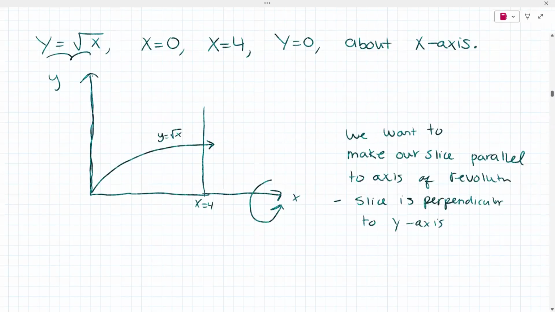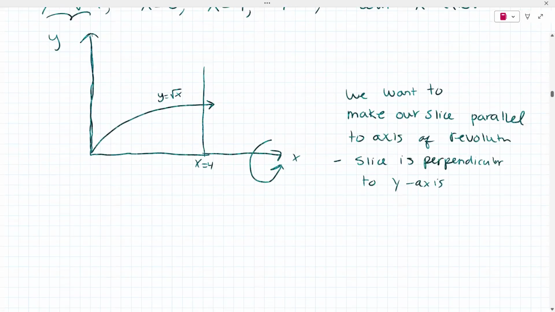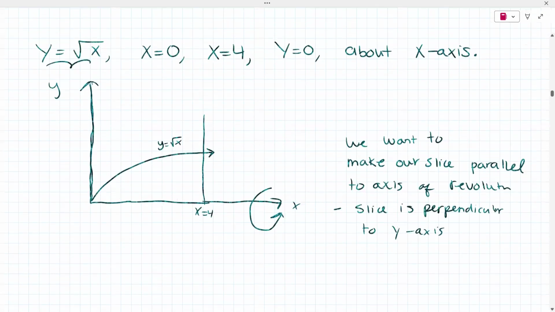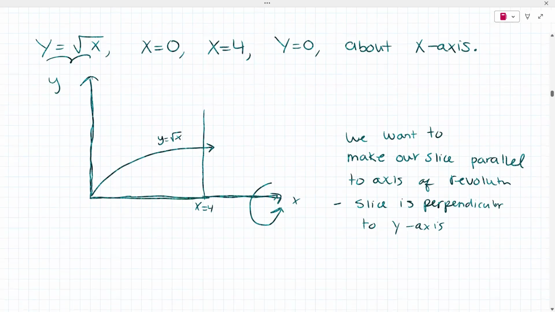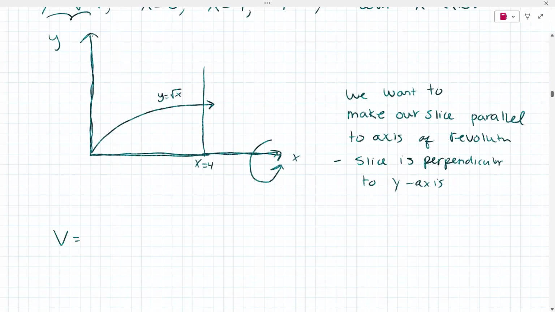Okay, so we have our graph. We have x equals 4, y equals square root of 4, x equals 0, and then y equals 0. y equals 0 would look something like this. And we are revolving around the x-axis, so here's the x-axis. So our equation is going to be volume equals 2 pi, and then since we have to be parallel to the axis of revolution, our boundaries are going to be from c to d. And then r times the height, the radius times